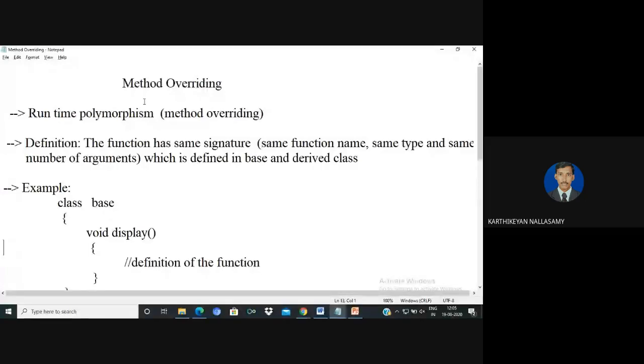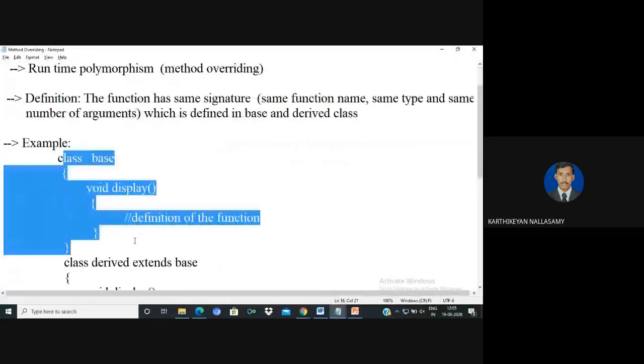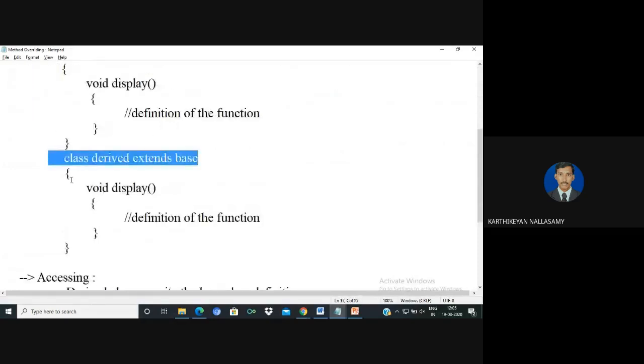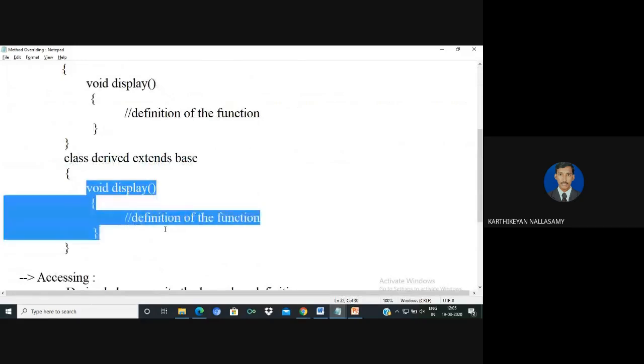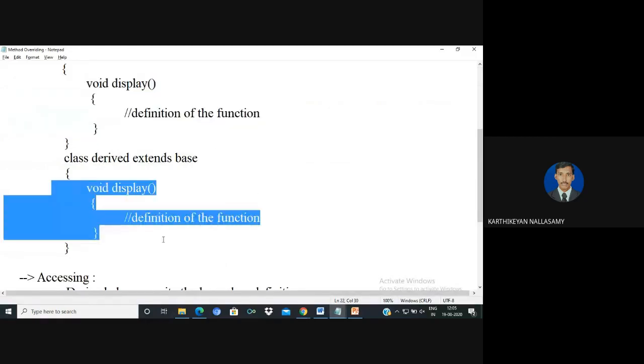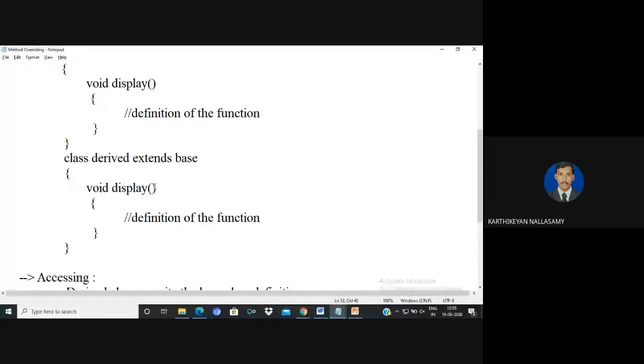Let's see this example. There is one base class, with a method named display that has no arguments. The next thing is a class derived from the base, which also has a method named display. So in the base class and in the derived class we have the same function name definition, and the number of arguments in both definitions is the same.